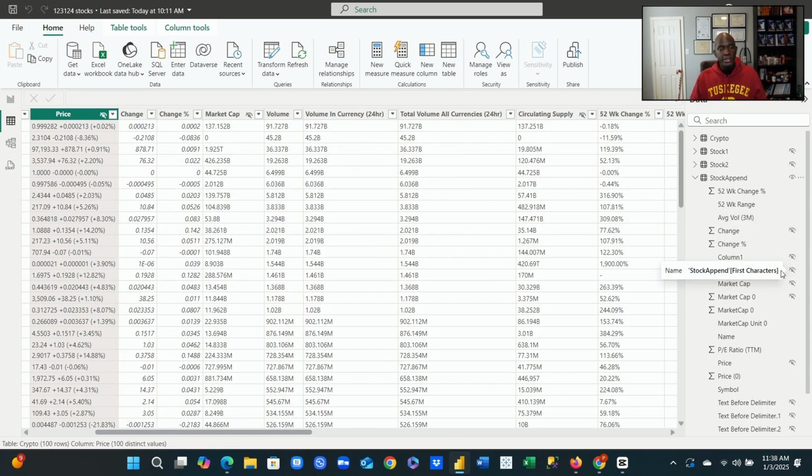So all the places where I created new columns, the original column, I hid the columns. I didn't delete anything. I just hid the columns so that it doesn't confuse us when we get over to the report view. Also, the columns that I probably will not use in the report, I hid those columns as well. So as you can see, column 1, I didn't create a new column 1, but I wasn't